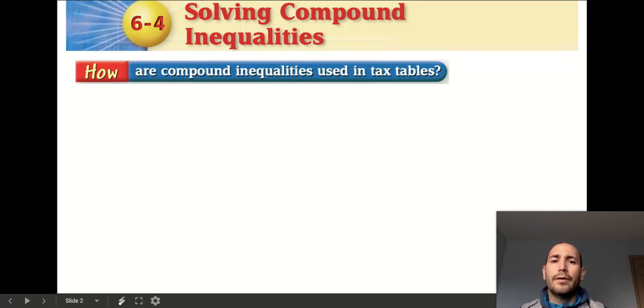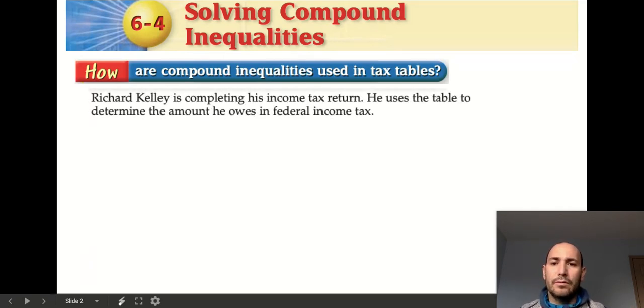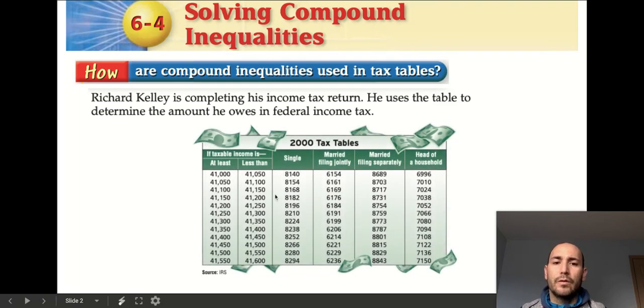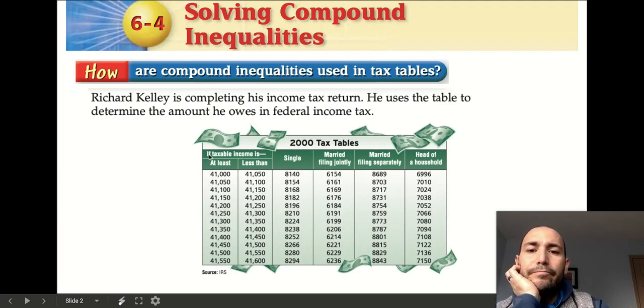How are compound inequalities used in tax tables? It says Richard Kelly is completing his income tax return. He uses the table to determine the amount he owes in federal income tax. So here's the income tax table, and this was in the year 2000. Basically, if your taxable income is at least this amount but less than this amount, it puts you in a